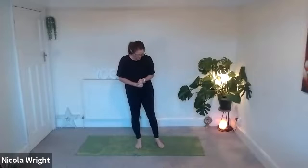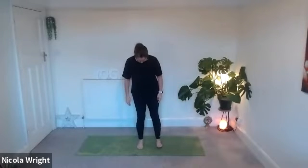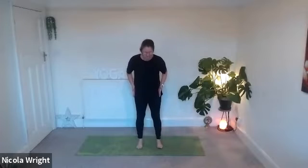Today we've got a 13-minute, again, lengthening and strengthening. It's great to do this in the morning or at lunchtime. And we're going to start standing today. So just take a look at your feet and make sure they're underneath the knees and the hips, so hip